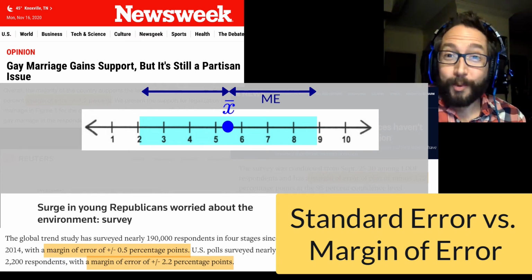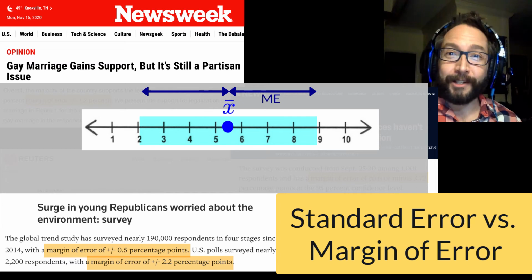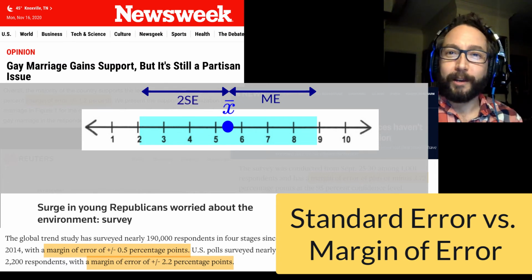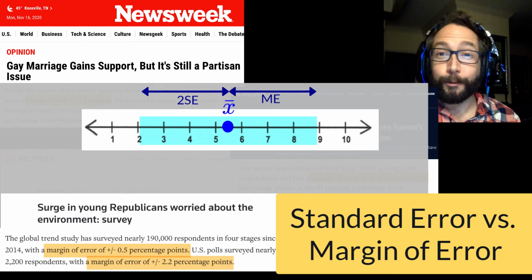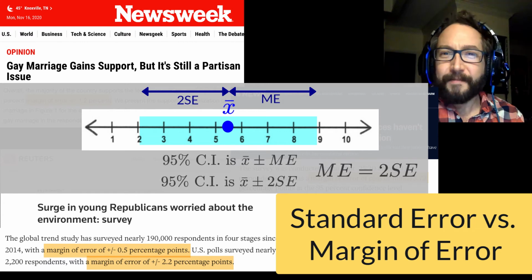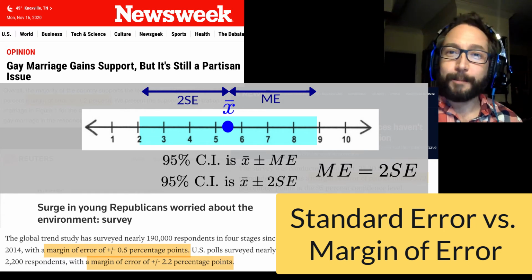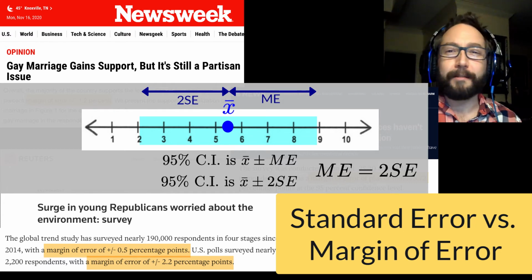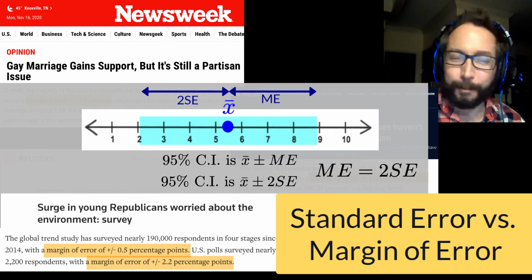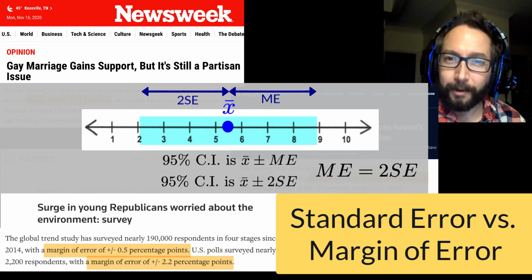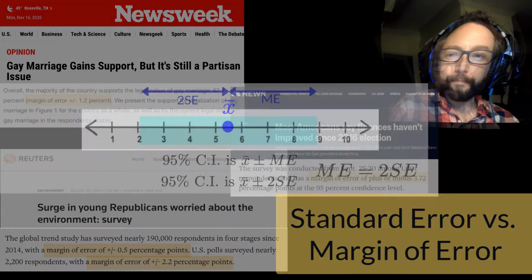So we know that we get the outer edge of the confidence interval just by moving plus or minus usually 2 standard errors away, whatever that t-distribution suggests. And so that's going to be our simple rule to translate between the two. That value from qt, the number of standard errors that we need to move from x bar to get our confidence interval, is always going to be right at about 2. Sometimes it's a little bit larger. But in general, the margin of error typically is just double that standard error.